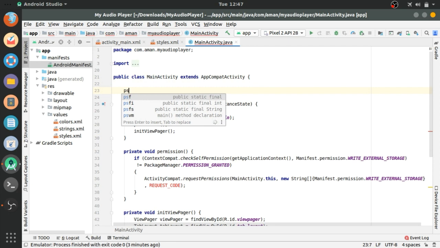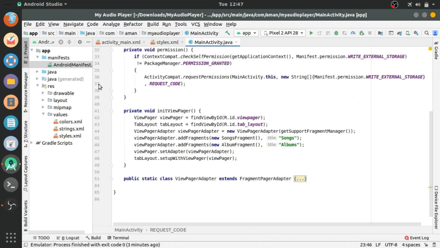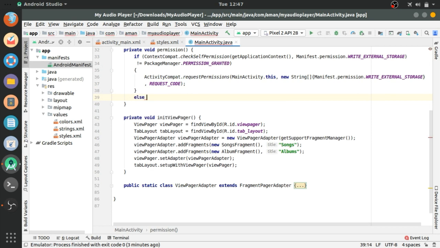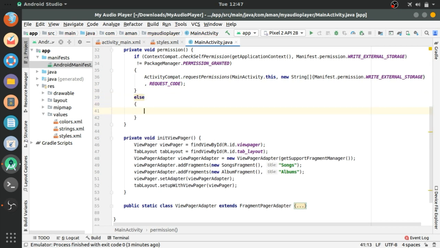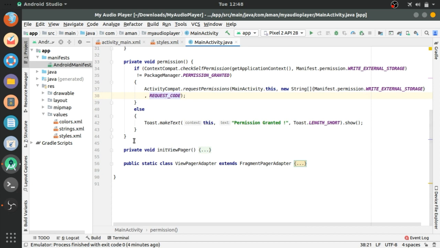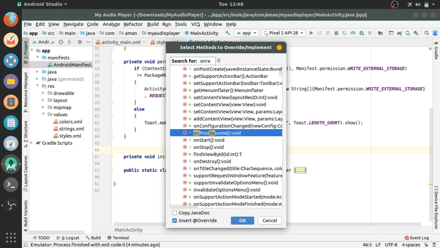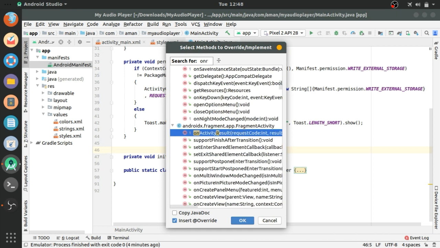Now declare this public static final int REQUEST_CODE = 1, whatever integer. Else we have permission, so toast permission granted, whatever you want here. For example, we will fetch all the songs in that else block.